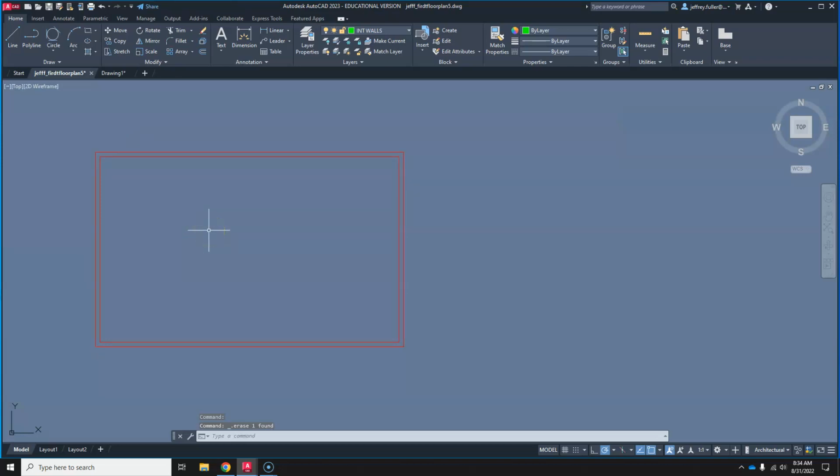Okay, now the first thing I'm going to do when I do that is I'm going to select these 2 rectangles, and I'm going to do what's called exploding them. All right, so up in the Modify panel, this is another Modify tool that we're going to use. It's right above the Offset tool, okay, and it's called the Explode tool. I'm going to click on that, and it's going to explode all this geometry to make every line its own separate entity, as if we had drawn it with the Line tool. The reason I do that is because I'm going to use these lines to help me divide